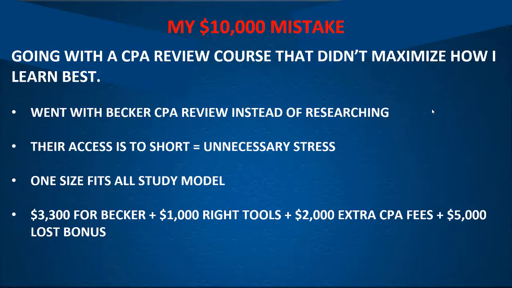And then, I failed all 4 sections of the CPA exam, so it was an additional $2,000 in extra CPA fees. Plus, I lost out on a $5,000 CPA exam pass bonus. So overall, about $10,000 down the drain just because I didn't do any research and find the right CPA review course for my study personality. So please, please, please don't make the same mistake I did, and do your research, find the right CPA review